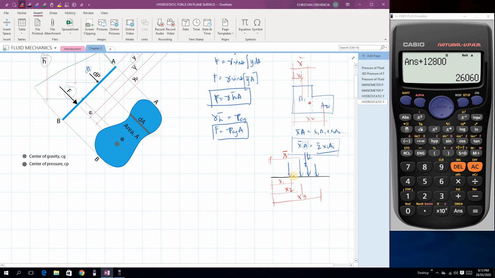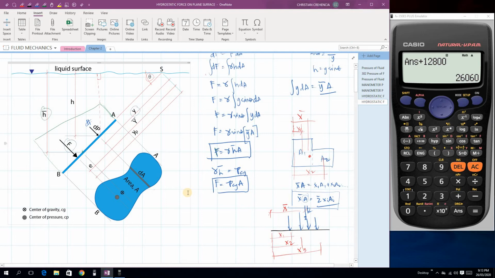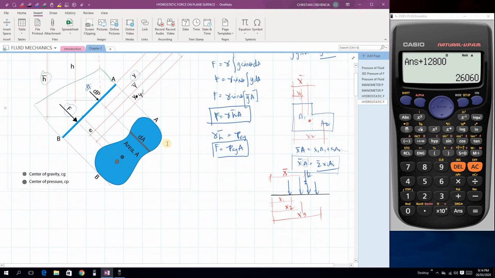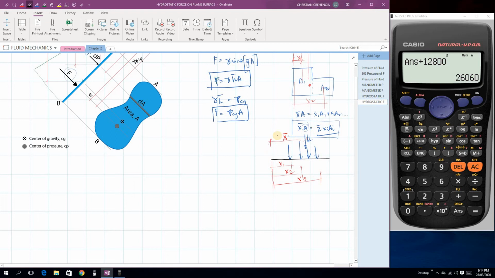So para natin kinukuha yan, so meron yung distance na x bar. Okay. But in this case, sa figure natin, ang mga distances natin is y. Okay. So in force F, ang distance natin is yp or ycp, center of pressure. Okay. So this is cp, ycp. Okay. So from liquid surface, so we can say na, based dito sa figure na to, yung force F multiplied by ycp, so that will be equal to